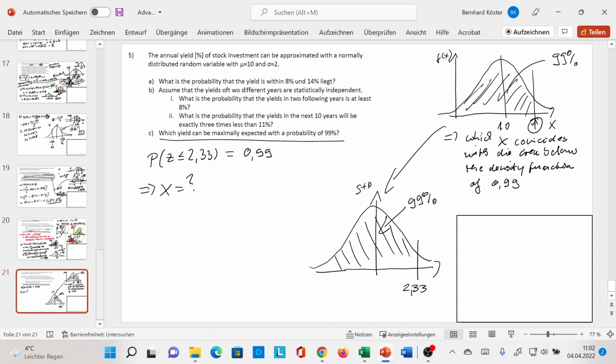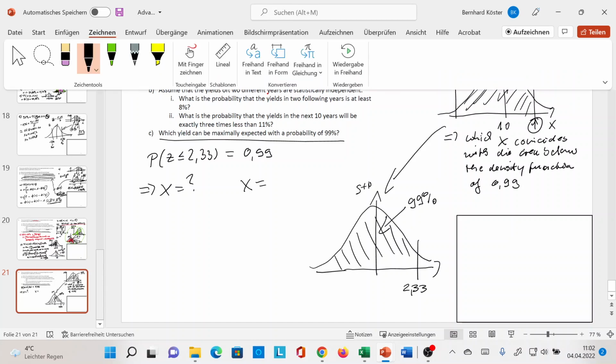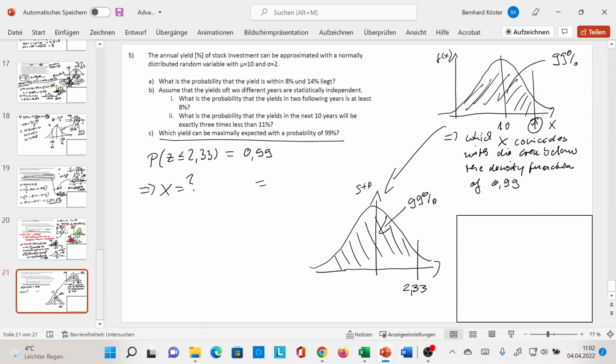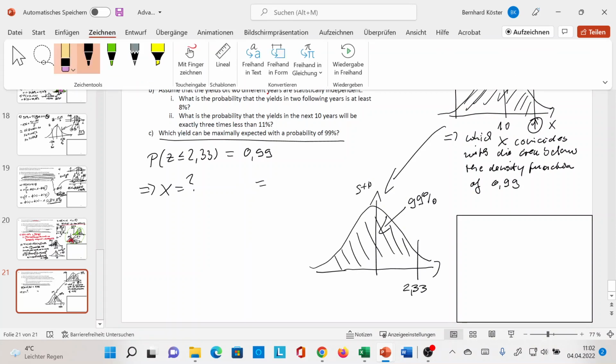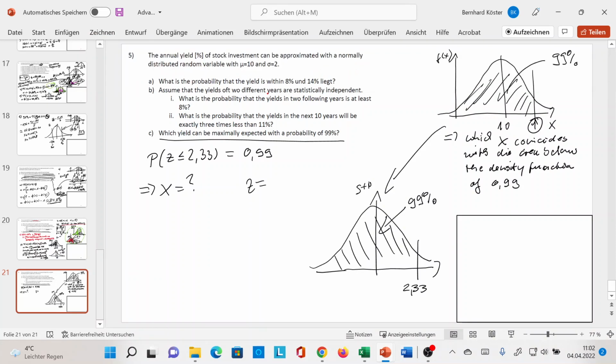So the formula is again z equals x minus mu over sigma. But now we know z. Then we have sigma z plus mu